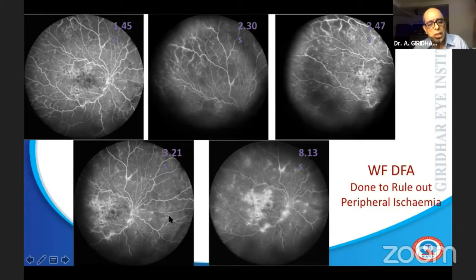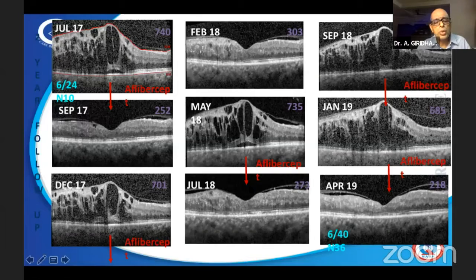I did it initially itself because he had already been treated elsewhere with multiple injections. But again, I did not see much of an enclosure. I put this patient on aflibercept because I thought that he has already had ranibizumab. I put the patient on aflibercept based on the available evidence, and I could stretch him about 3 to 4